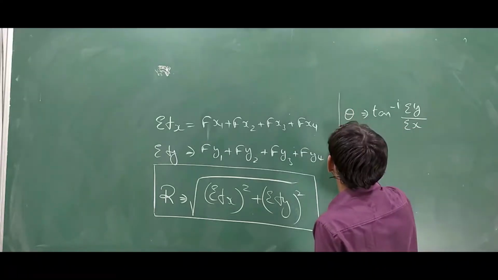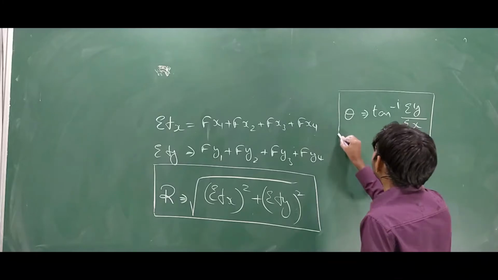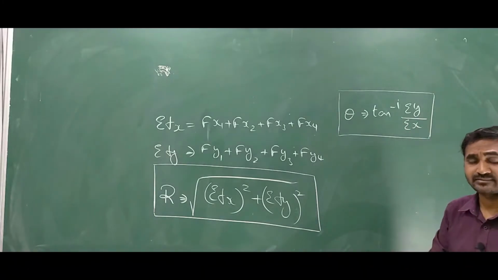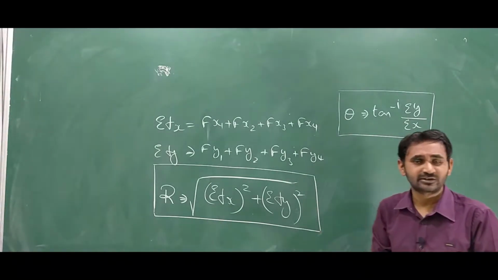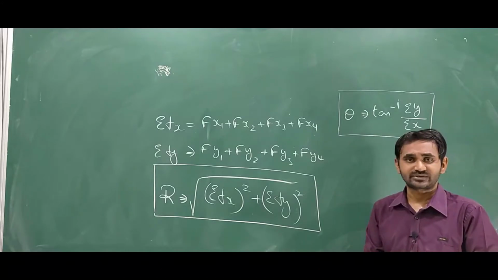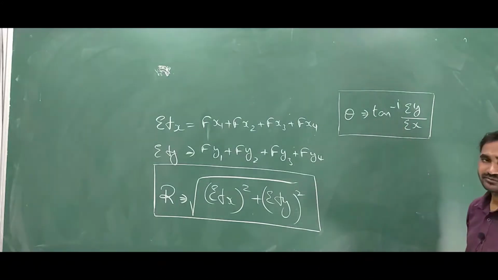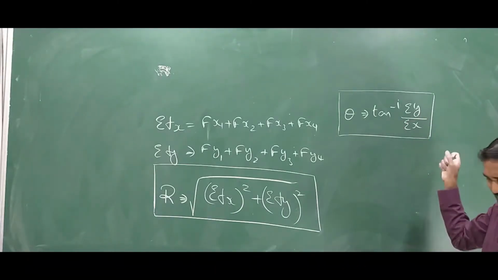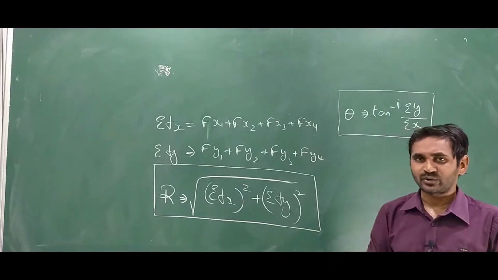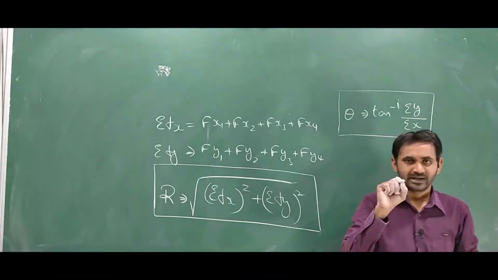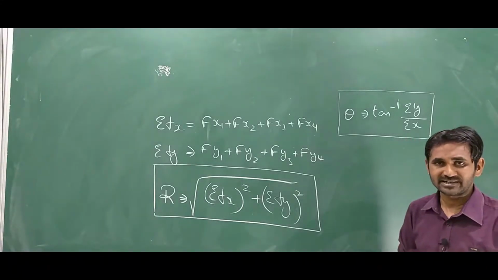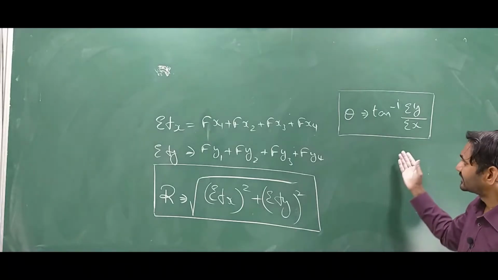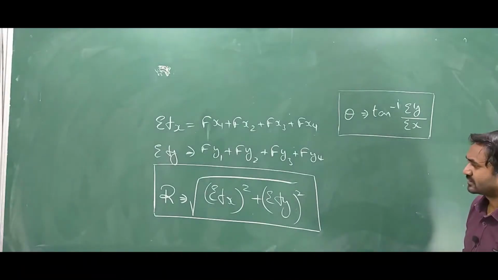As we have seen in the earlier classes also, and I told you twice and thrice in the previous classes, when the forces are in kilonewtons, your resultant will come in kilonewtons. When the values are in newtons, you will get it in newtons. In the same way, theta will come in radians by default, but while writing you have to use your calculator and press the degrees button, so that everything turns into degrees. You will get it in degrees, minutes and seconds, right? So this is how you got the formulas.